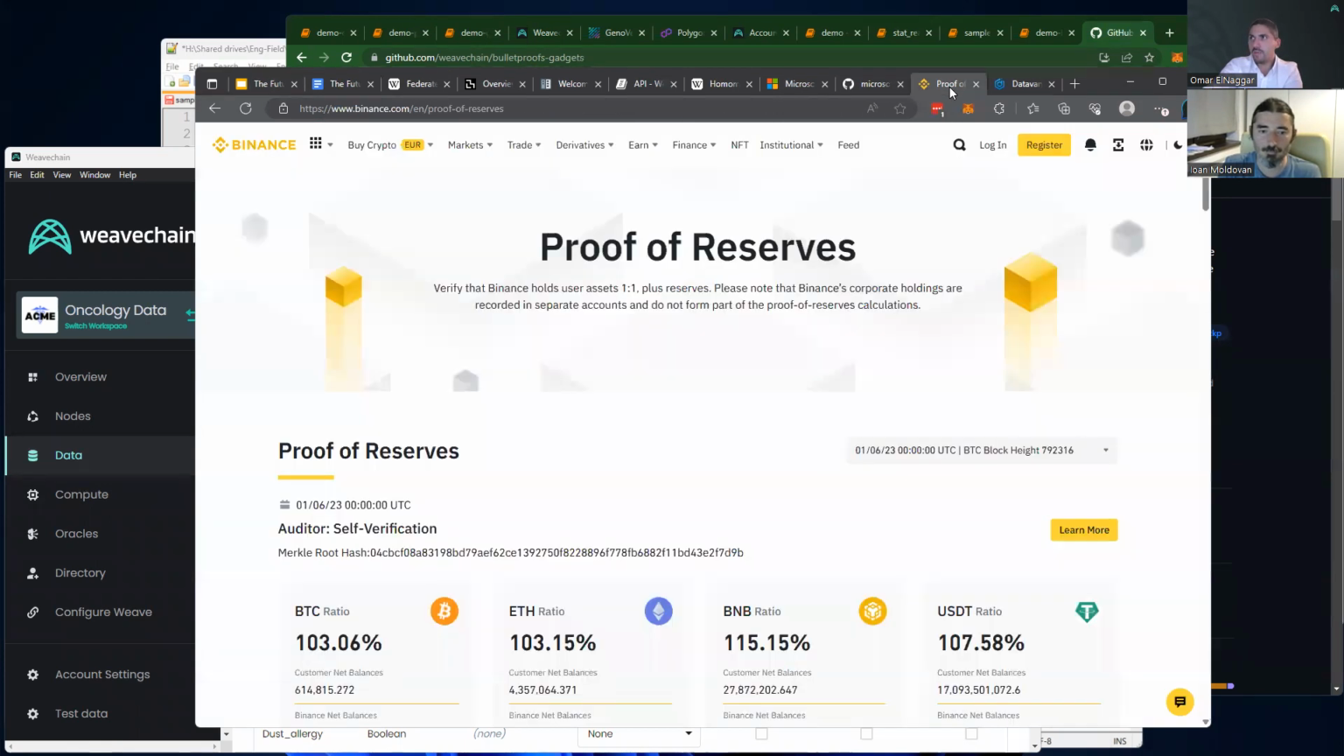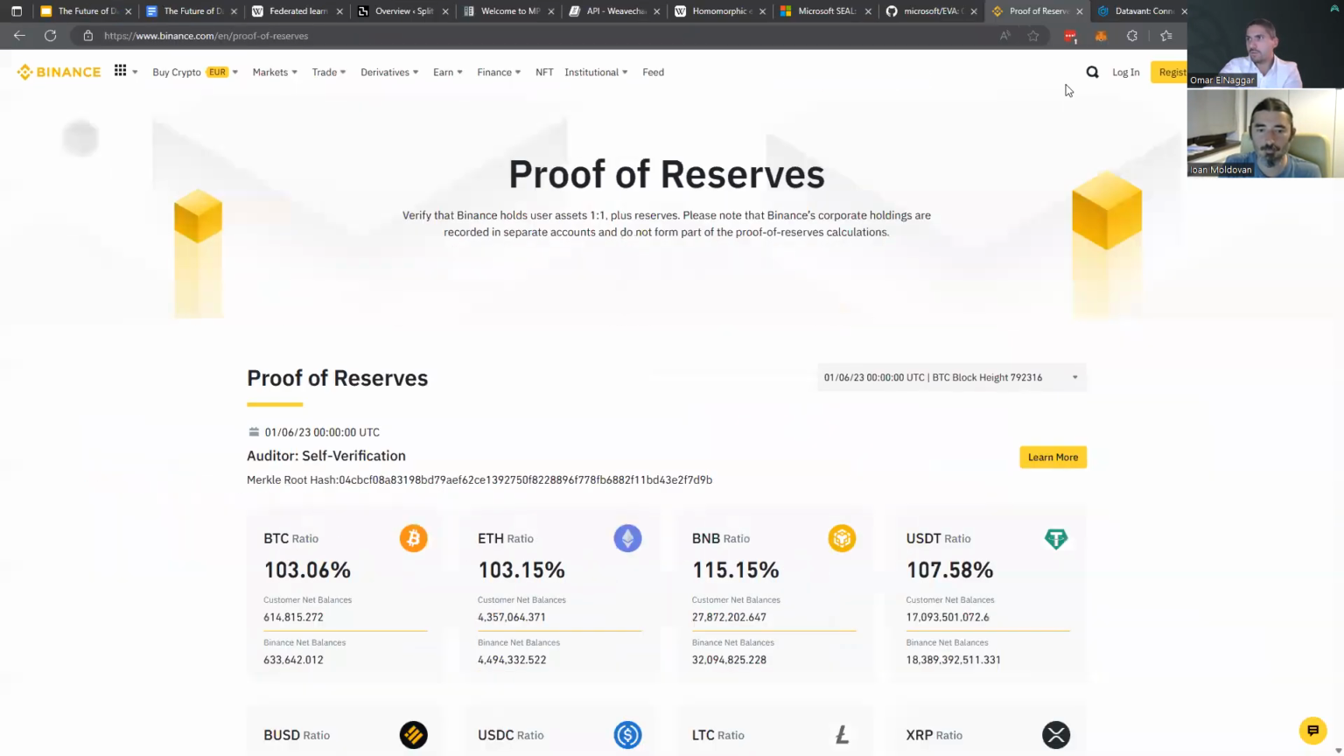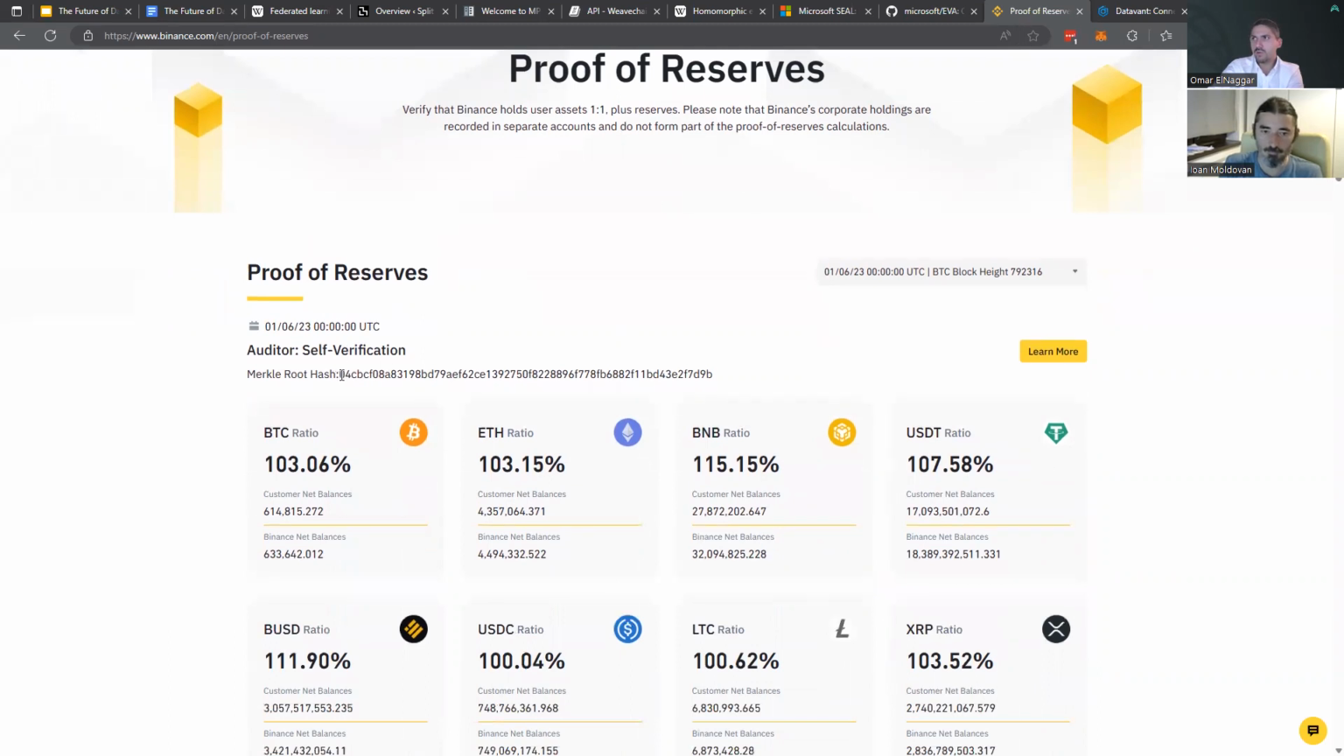And I actually like to use Binance for this one. So after FTX blew up in November, people were demanding that major exchanges list a proof of reserves, where they would make verifiable attestations that they had more assets than they had liabilities for the products that they're offering. So in order to do this,